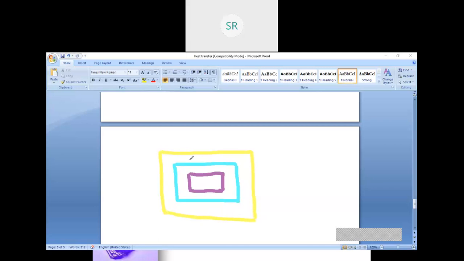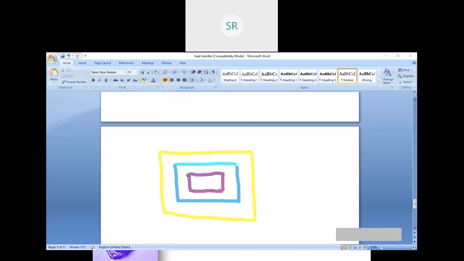This complete board is made up of copper, and out of this board, I want to maintain two rectangular lines, this line and this line I want to retain.